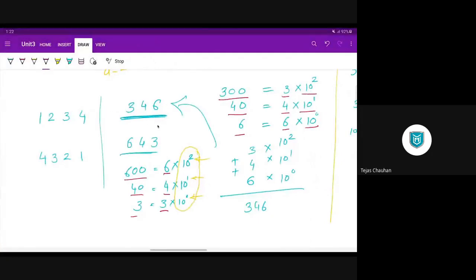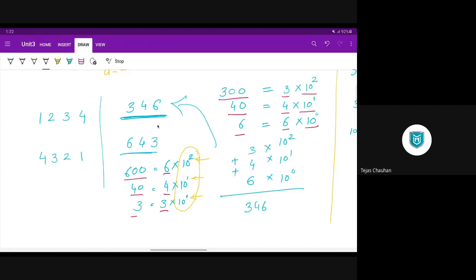If your number is 1234, then you want it to be something like 4321. Another example: if your number is 346, then the result should be 643. Now, first you need to understand how this number is formed.